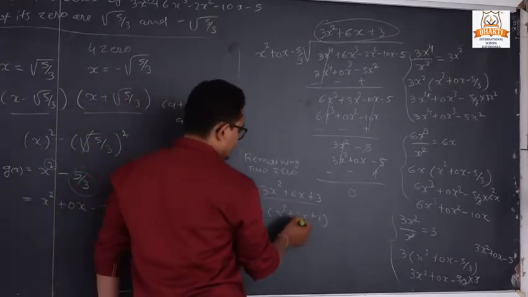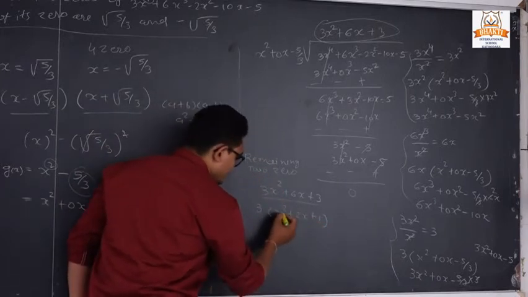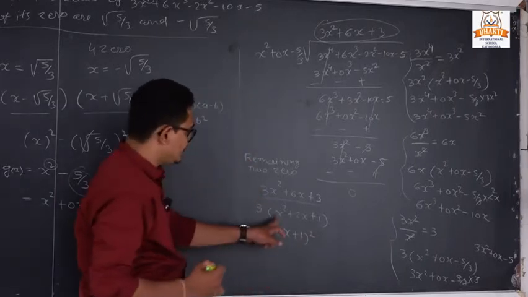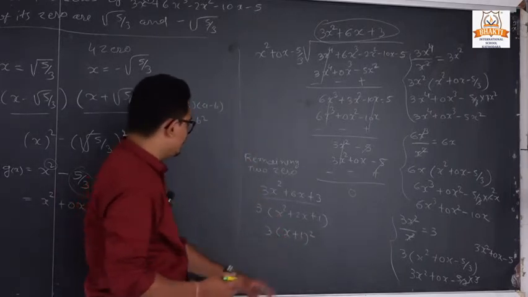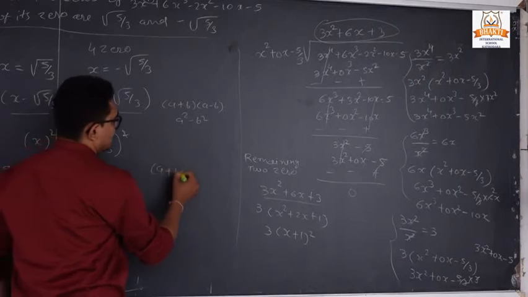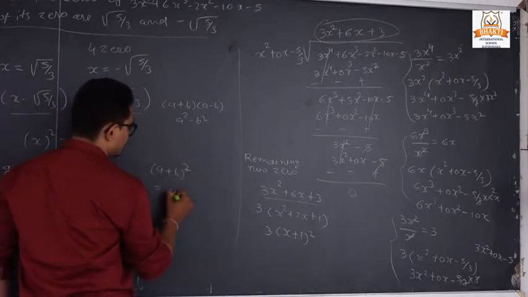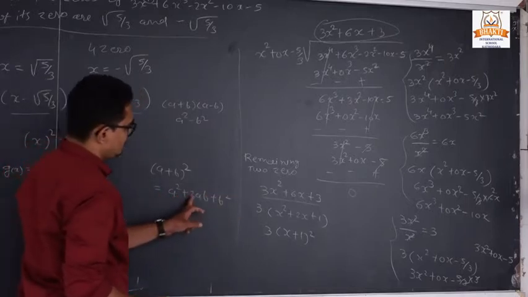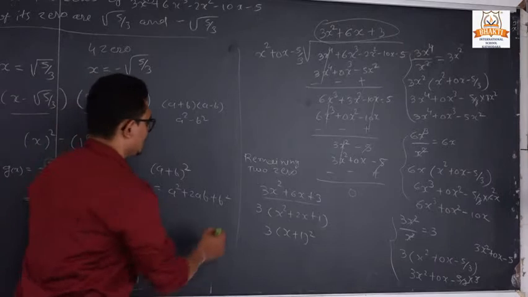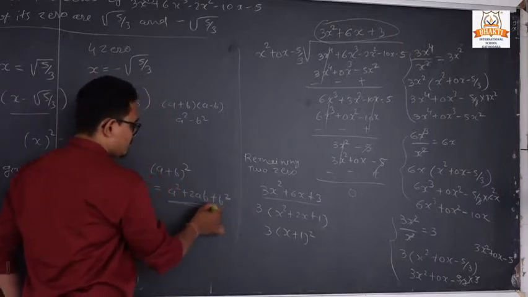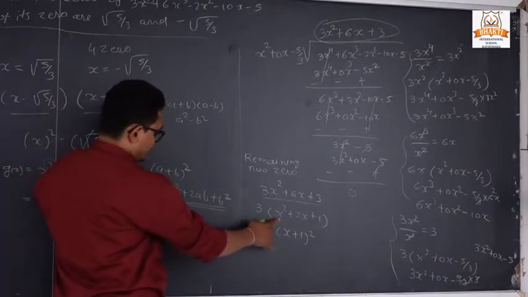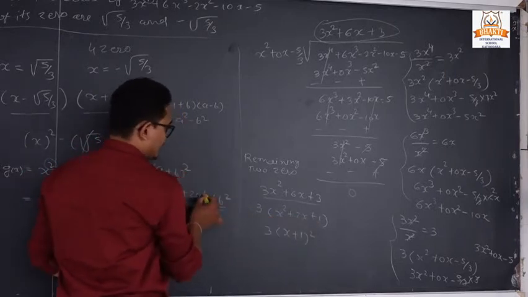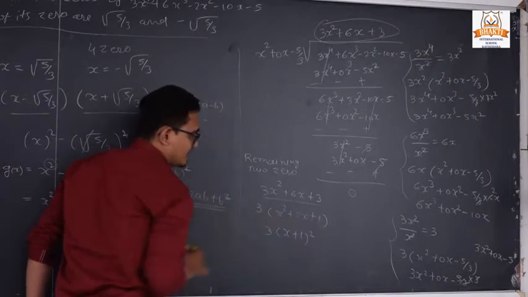Clear? Then we can also write it like that, x plus 1 all square, because it is a square. See, what is its formula? (a plus b) all square. So its formula is like that: a square plus 2ab plus b square. First term square plus 2 into first term into second term plus second term all square. So it is a reverse form. See that here we have x square plus 2 into first term into second term plus second term all square, because the second term is 1. So here we can also write 1.